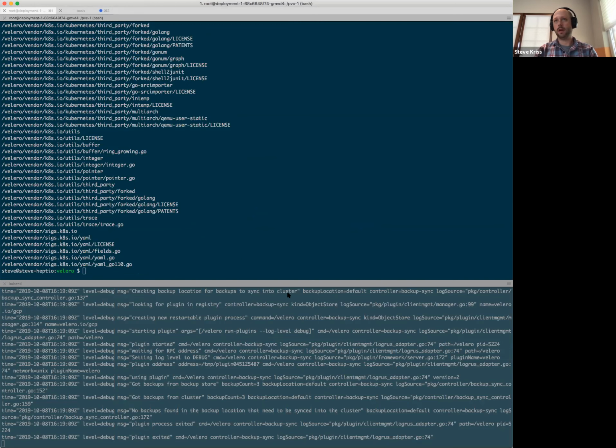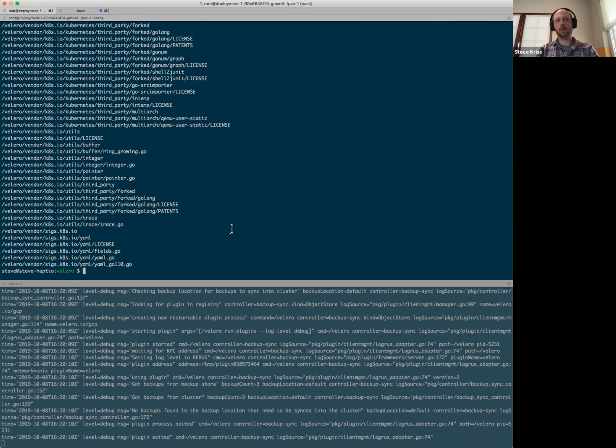The main Velero server creates a pod volume backup custom resource, and the Restic daemon set is watching for new pod volume backups. The daemon set pod that's running on the same node as the volume to be backed up triggers the Restic backup. In this prototype, I changed how that works a little bit.